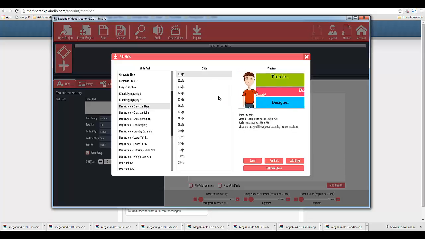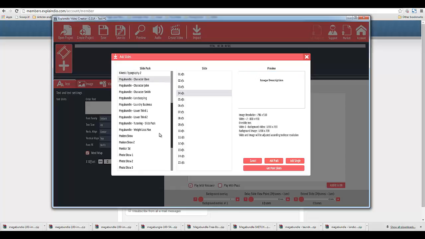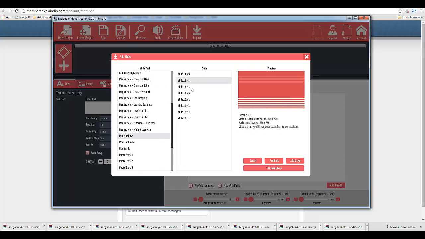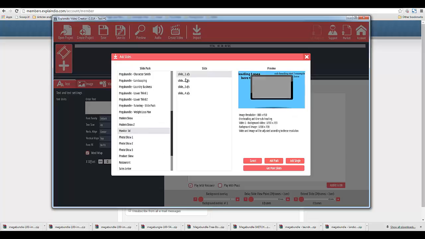You also have characters here. As you can see, this is a 15-part slide pack, and it just flows from one slide to the next. And of course, remember, you can use your own animations, and they could be real videos too. They don't have to be these characters, but it's just again, one of many different features here. And of course you get the preview every single time you select something.